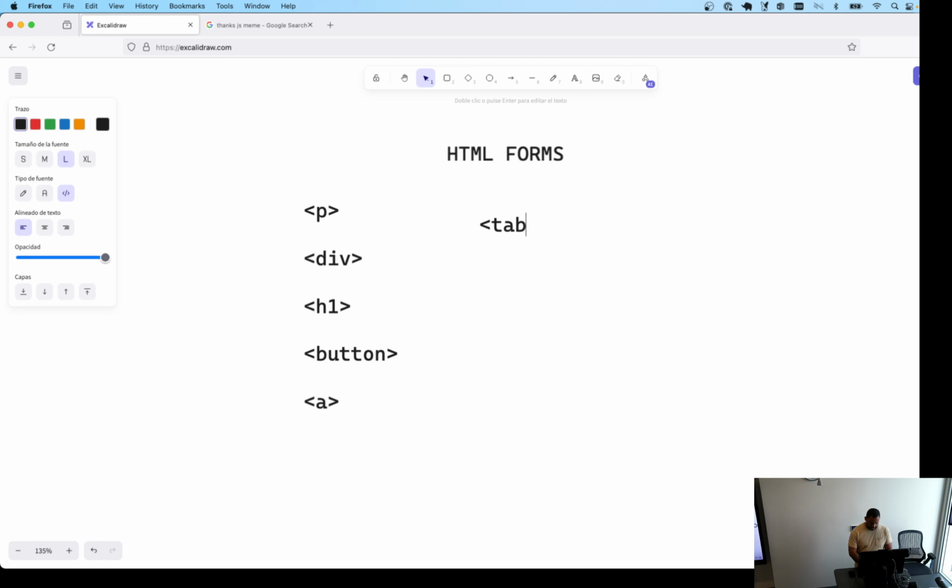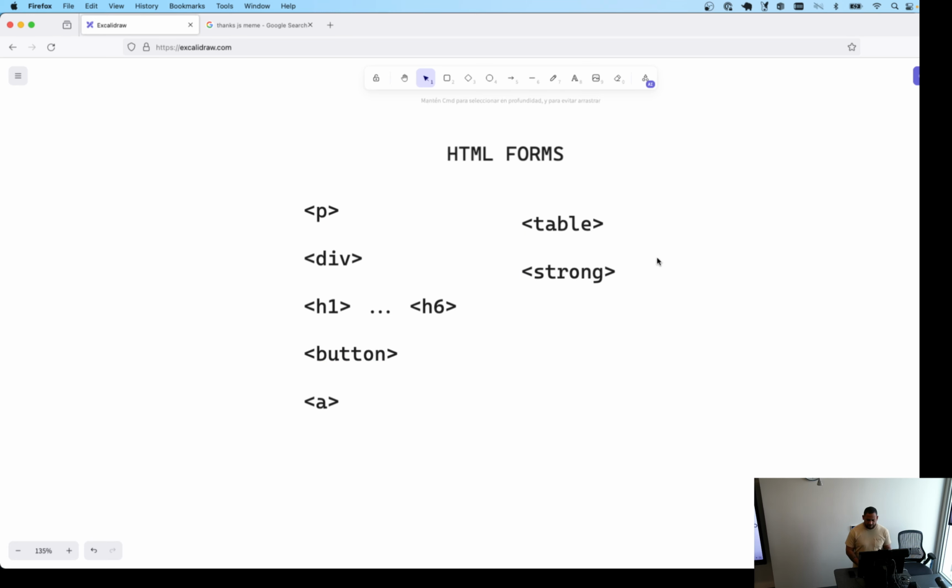Other tags include table. Any other tag that you remember? Any other HTML tag? Which one? Strong. So yeah, there is a lot of tags that we can use to basically create content and structure that